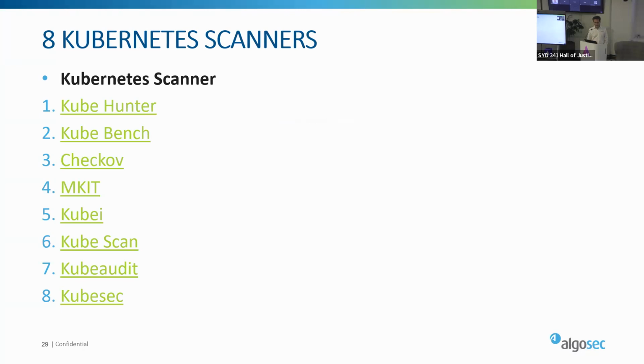This is a list of Kubernetes scanners. You have so many of them. So Kube Hunter, KubeBench, Checkov, which is from Palo Alto, it was from Bridge Crew, that will scan your configurations. Kube Audit. So there's quite a lot of good tools. It's very recommended to use and employ each one of them when you need it. For example, Checkov, I would recommend for scanning configuration at an early stage. But overall, there's quite a good selection. I just posted eight popular ones, but there's quite a lot of